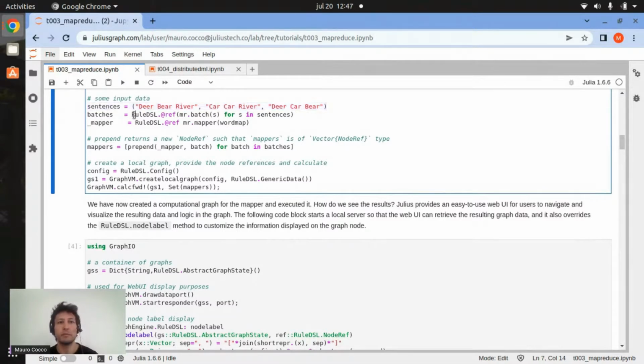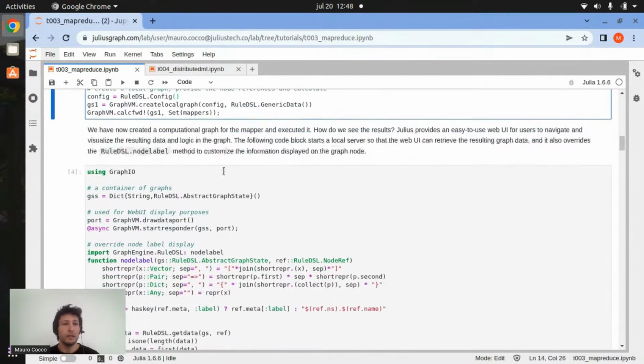Then we define our batches from all the sentences, and then we can define this mapper node based on the mapper rule, but you may see that we are avoiding passing the first argument. To note that, we are using this underscore notation, which basically means that we are not passing the first argument. So we can now use the prepend function to illustrate how we can pass the first argument to our mapper. We can create a vector of node refs by using the mapper rule, using the prepend function to give this input for each batch. So we can run all this,